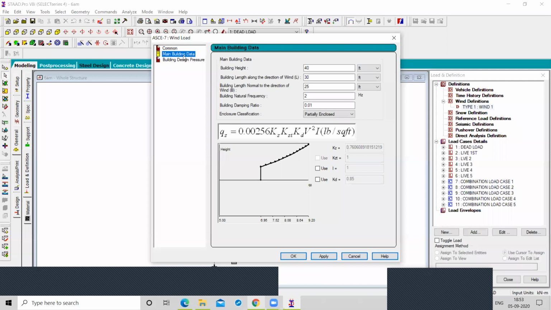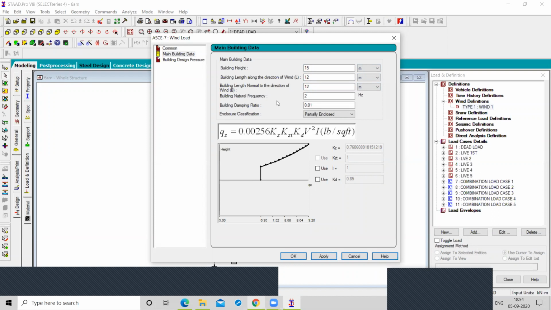In main building data, you have to specify the building height, width and length, right? So my building height is 15 and the length is 12 and width also 12, in meters.